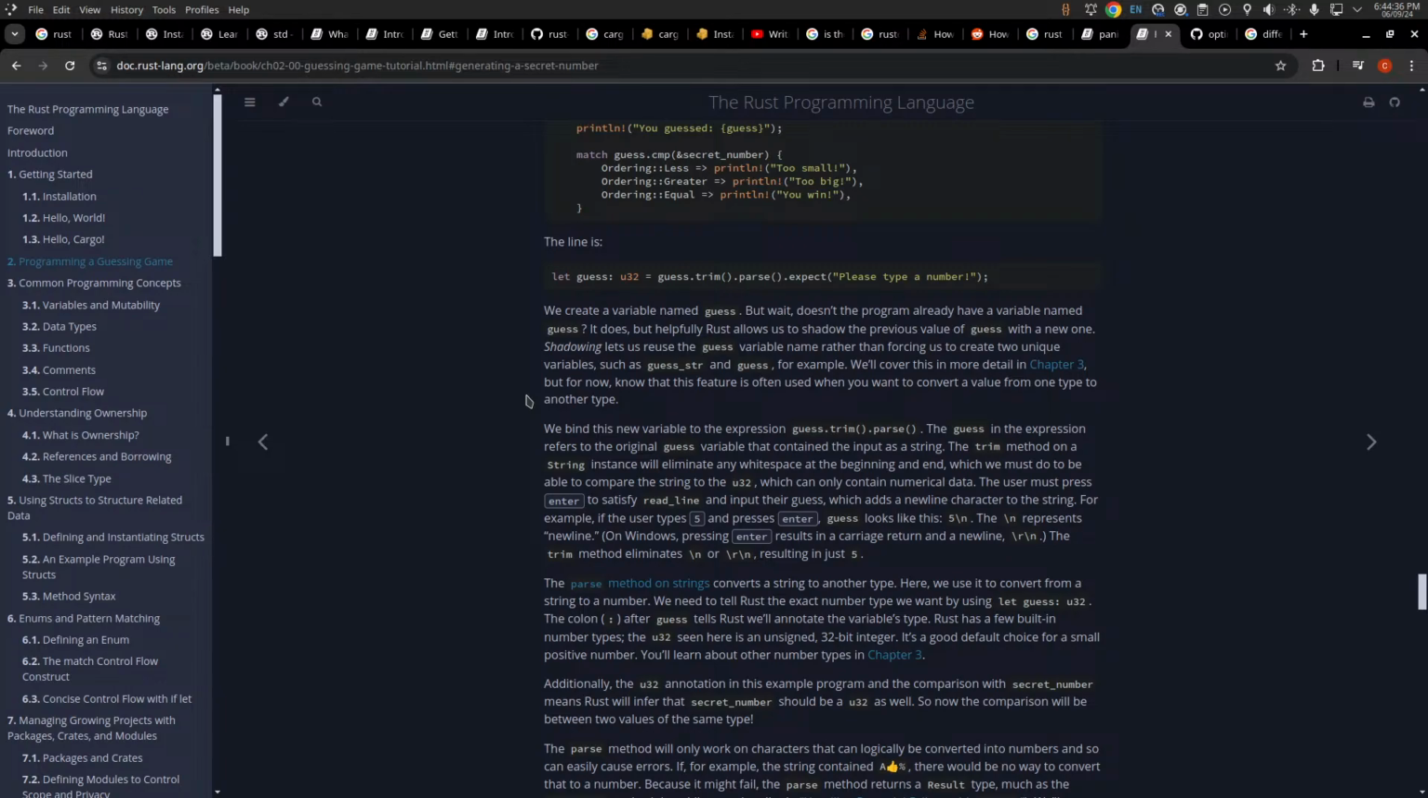Rust has a few built-in number types. The u32 seen here is an unsigned 32-bit integer. It's a good default choice for a small positive number, but you can learn about other numeric types. Additionally, the u32 annotation in this example and the comparison with secret number means Rust will infer